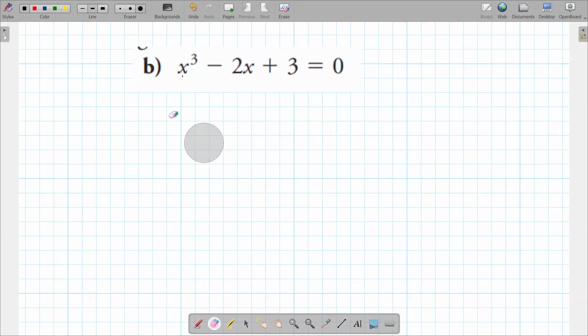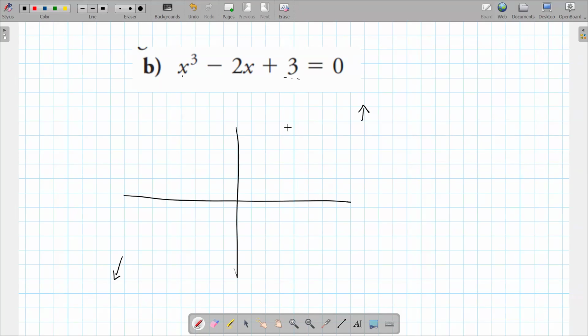So let's go back here. What can we do when none of it works? When you can't factor it, what can we do? We know a cubic function starts in this quadrant and ends in this quadrant. We know the y-intercept is 3. What we can check is, are there any turning points? Because